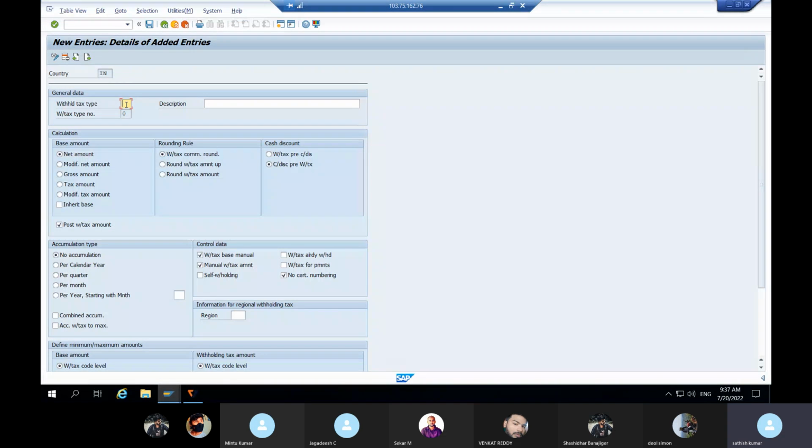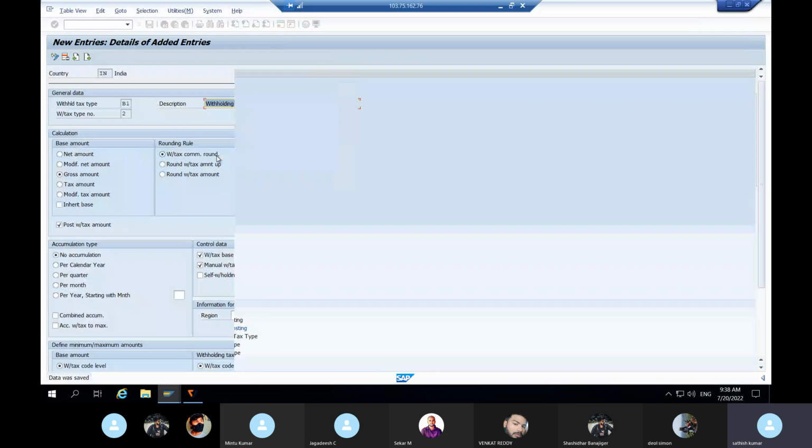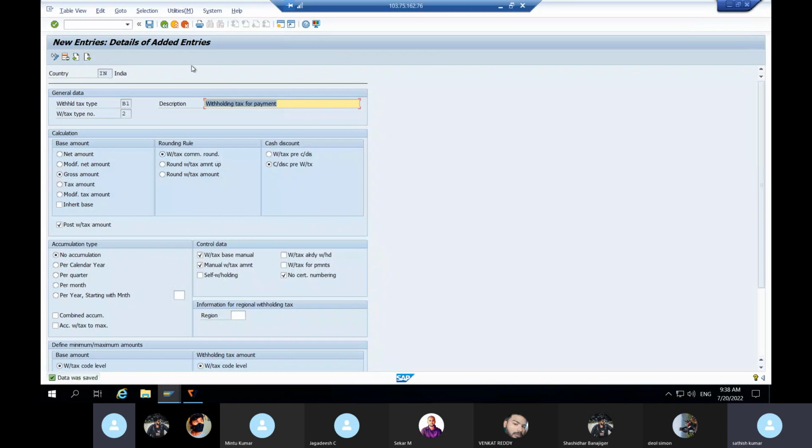So here I'm giving now B1, and here the description I'm giving: withholding tax for payment, and here also select the gross amount, and here also click on save button. So this is the second step in the TDS. Then third step, come back from the screen,